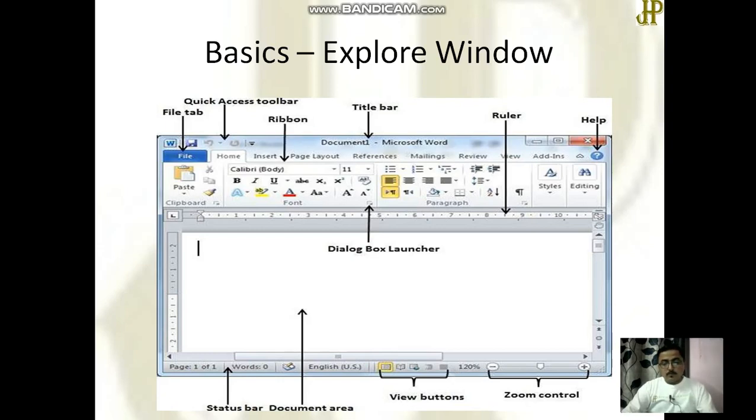It is for representation, how you want your document to look on your computer. And this one is the zoom control. Clear? If you want the size of the text lesser or bigger, then through this ruler you can drag accordingly.